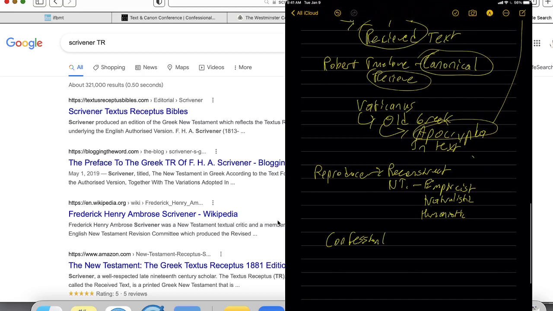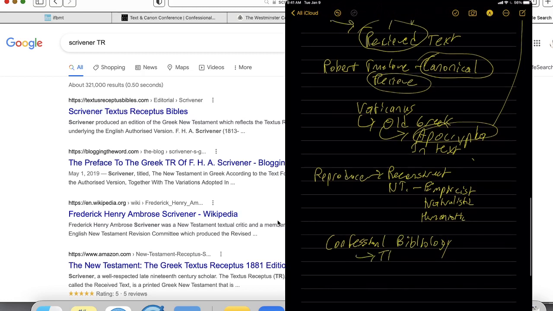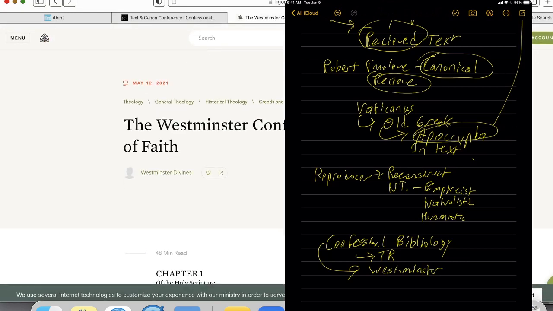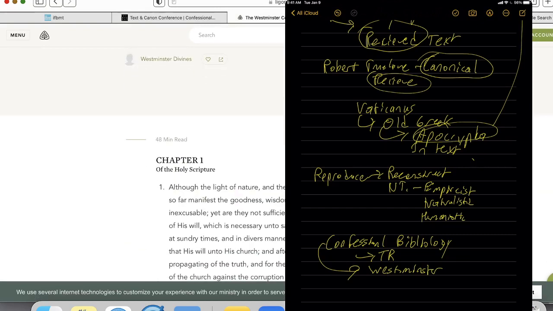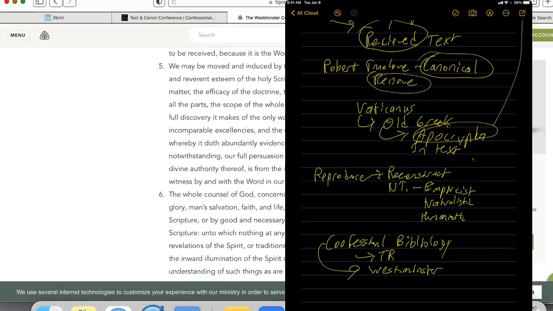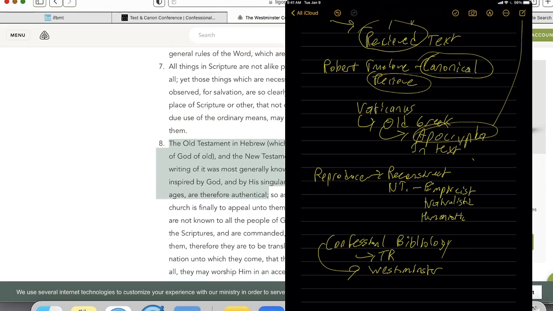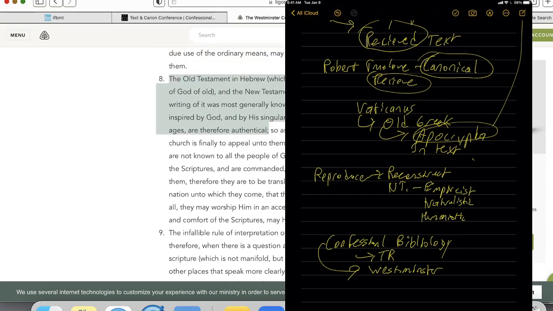And so this will go into another viewpoint. It's called confessional bibliology. Confessional bibliology people defend the TR. Now, I'm not a confessional; I don't like this title. I don't accept this term, but I find them to be allies because the confessional bibliology position is based on what's called the Westminster Confession of Faith. And if you look on my computer screen here, this is the Westminster Confession of Faith. This is from Ligon here. The Westminster Confession of Faith, I don't know if it was published in 1689, but if you look here, the Westminster Confession of Faith,